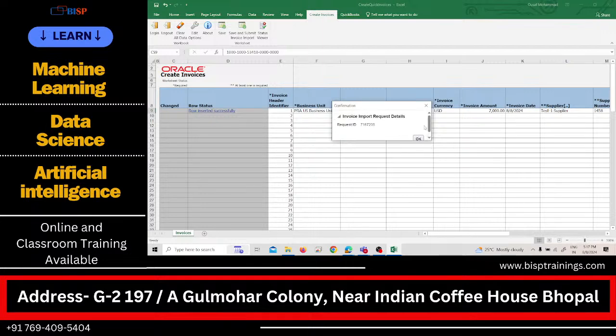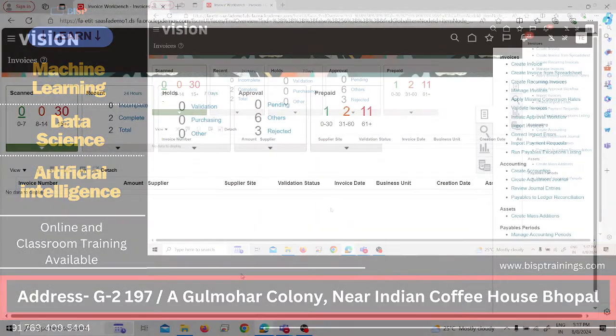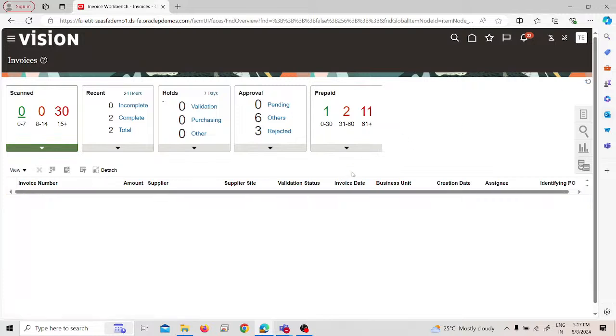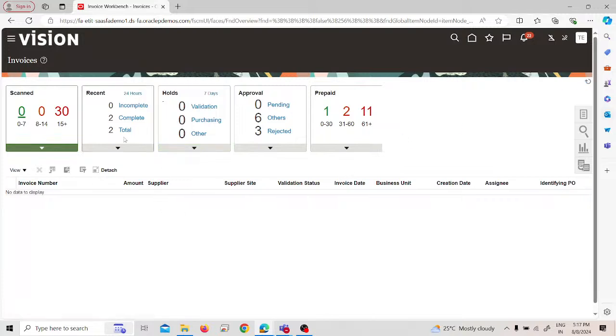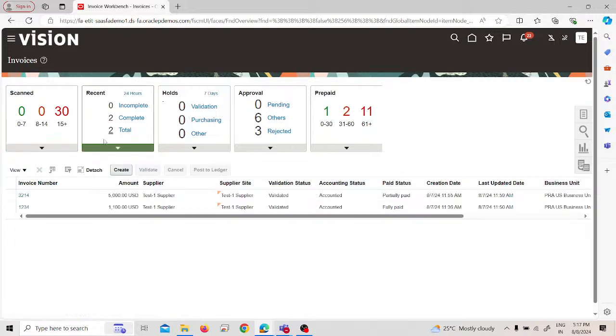So here you can see the invoice has been forwarded and is recorded here. We just close this and we go to our application. In the application, after clicking on refresh, okay, after refreshing it,